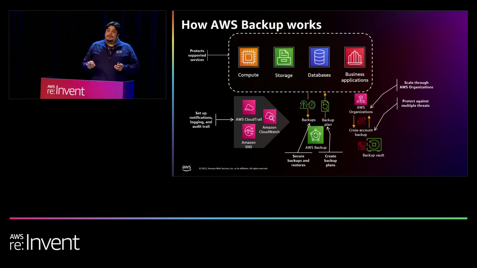Every single backup that's created by AWS Backup is saved to a repository called Backup Vault. The Backup Vault is not a physical repository, it's not physical storage, it's more of a logical construct, an abstraction layer that we created for two reasons. First reason, we want to make sure that AWS Backup is simple enough, so you can organize your backups, organize your recovery points in any fashion you want, by SLA, by business unit, by region, by account, so you can create the vaults the way you need to organize your backups.